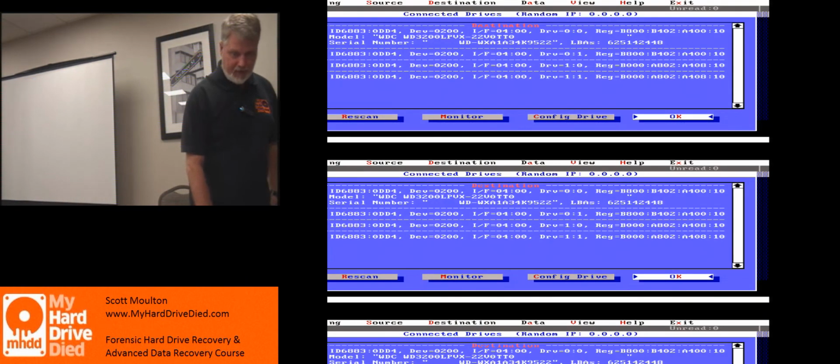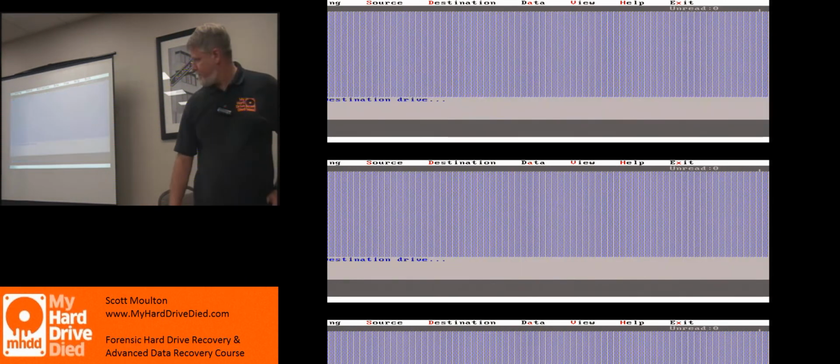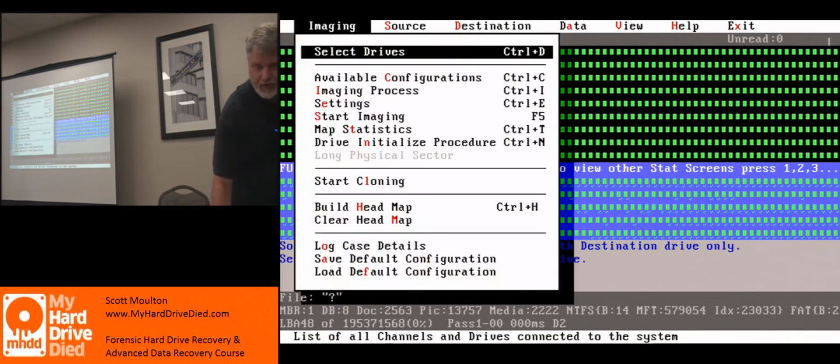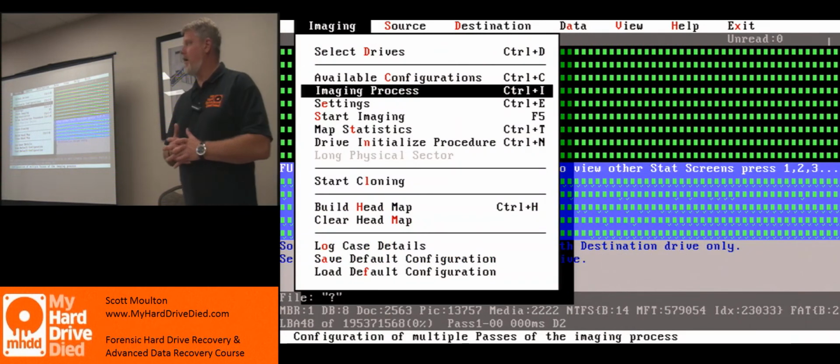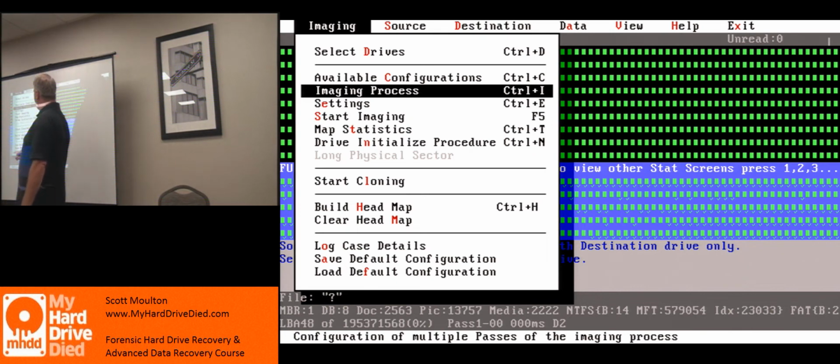So when you're looking at a DeepSpar in front of you, there's an option. I'm just going to show you real quick where these items are. So I'm going to go through all the menus. You don't have to remember where everything is quite yet. So there's a settings menu, a configuration menu, and then there's imaging process. These 3 are the ones that control the device, the whole device from that standpoint. And it kind of works backwards. Settings are hardware, timing, and ATA commands.